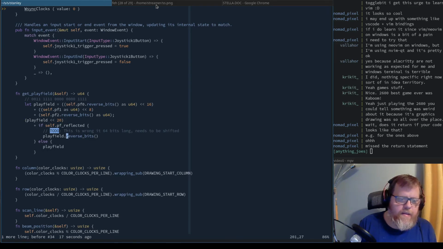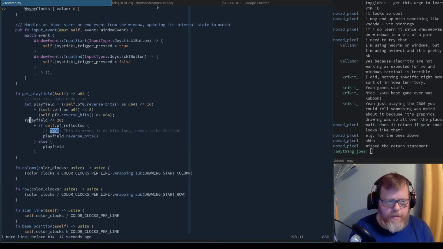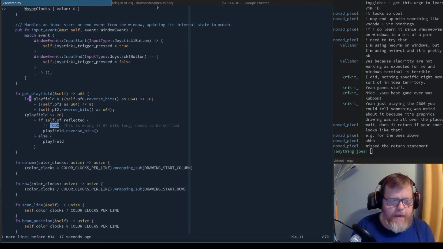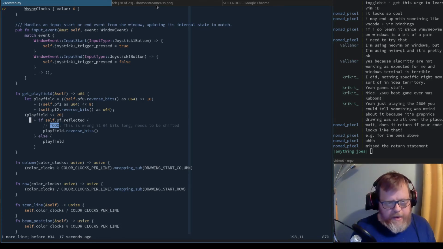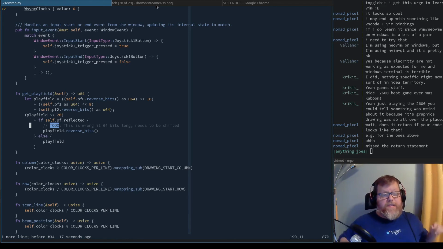The thing is that's fine when we're shifting this over 20 and then reflecting it, which puts those 20 bits that are at the beginning way at the end. So they're off the screen. So this should really be an easy fix. Let me think about it. If I reverse the bits,